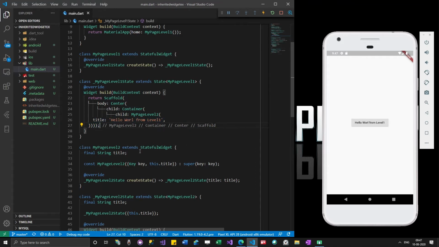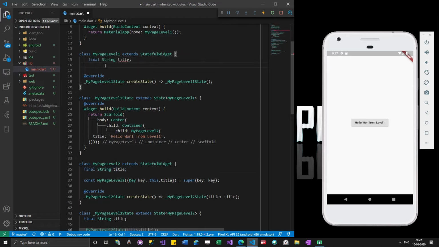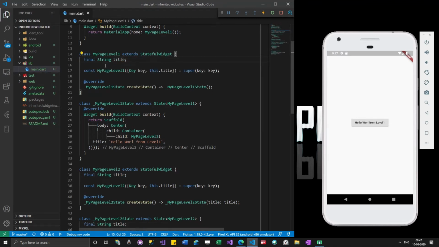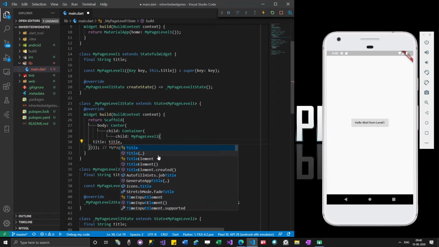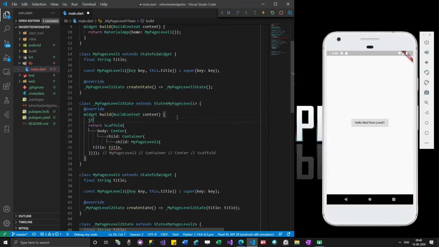So in the same way, what I could do is give a title over here and then resolve these issues using a constructor and then add a title over here. See, instead of declaring something over here, I think I can do something like this also. Okay, this will still work.